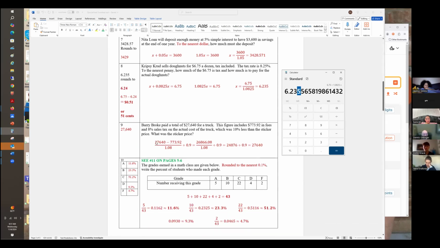We had this problem on the second day of class on page 5, and it's worked out on page 6. And here's the formula. I've come to the conclusion that doing it by the formula works, even if you don't understand it, but here it is. You put 27,640, you subtract off the fees because they're not taxable. So to do that,